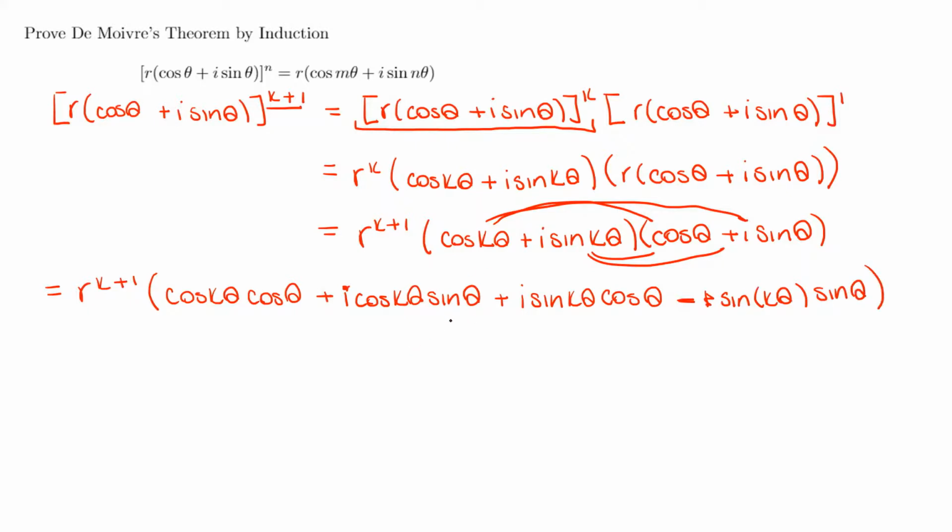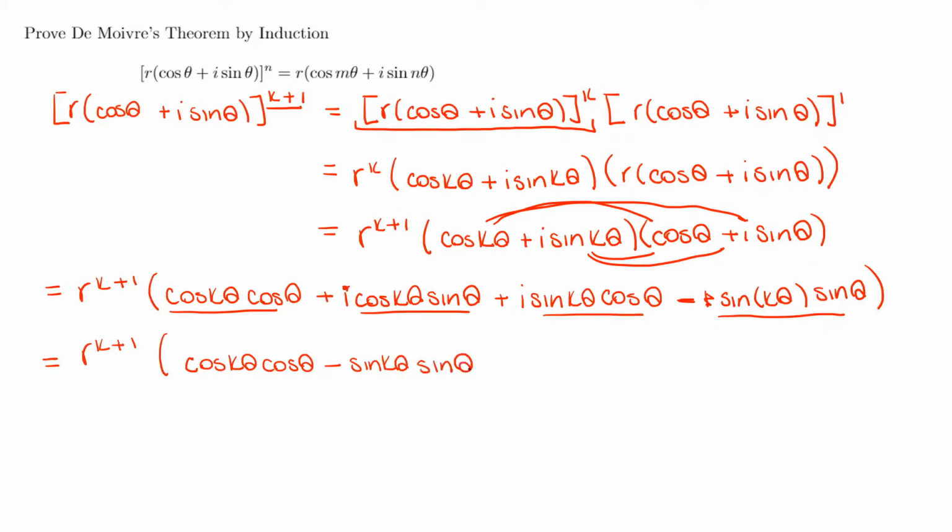Okay, now I'm going to put all the real parts together, so that involves this part, and all the imaginary parts together, this part and this part. And if I do that in this case, I'll get r to the power of k plus 1 multiplied by cos k theta cos of theta minus sine k theta sine of theta. So that's all the real parts. And all the imaginary parts then are going to be cos k theta sine of theta,